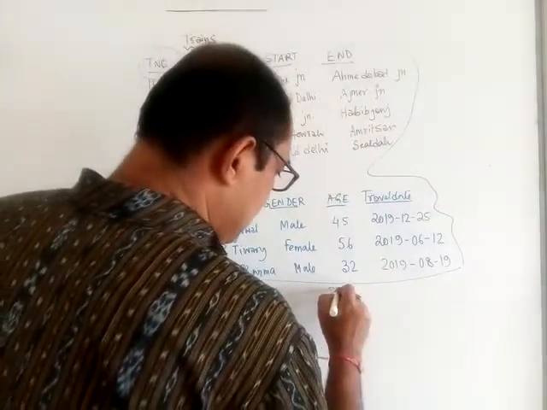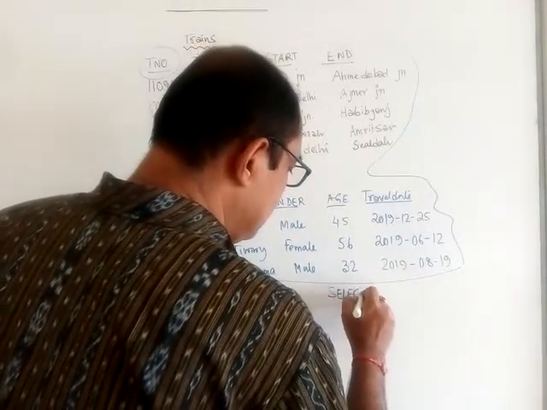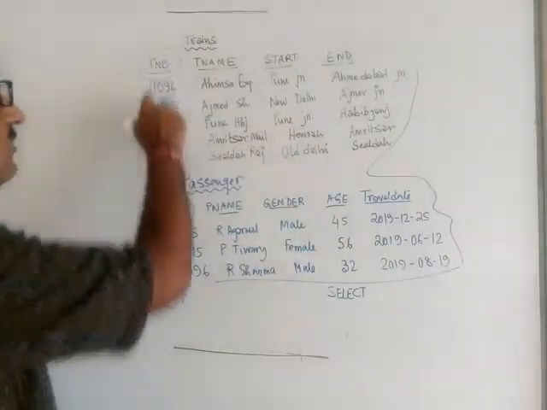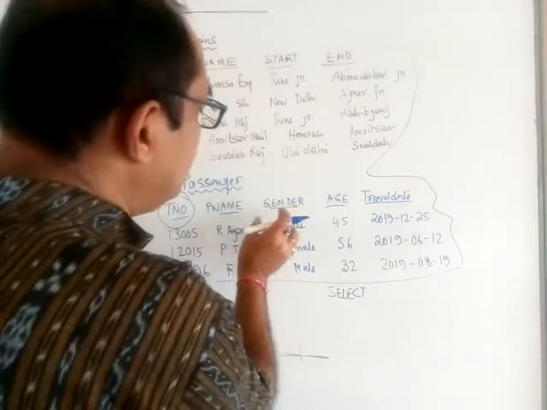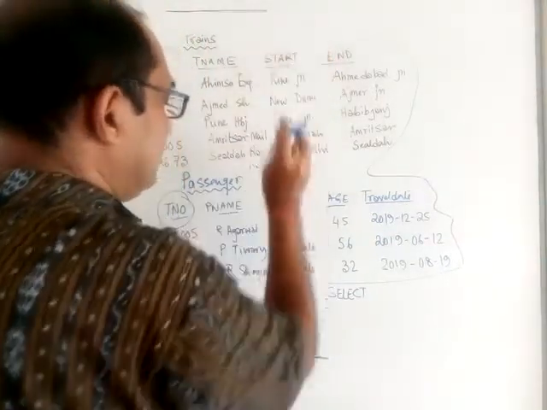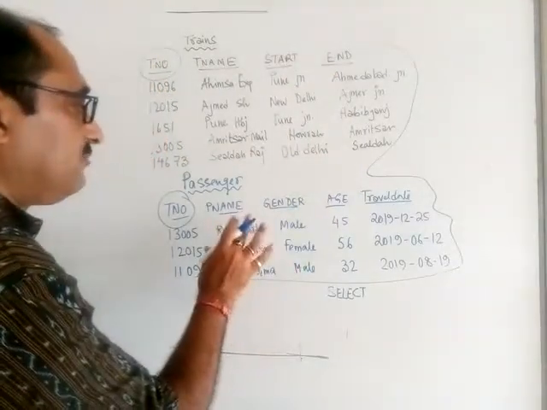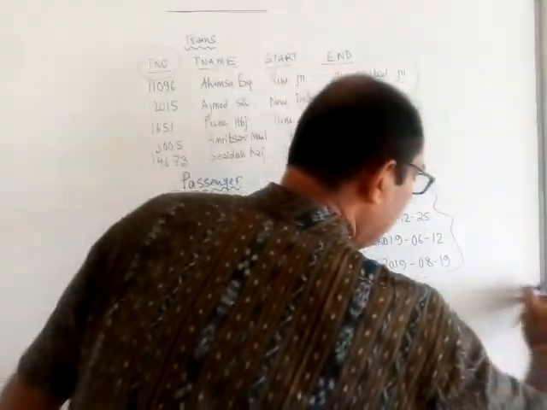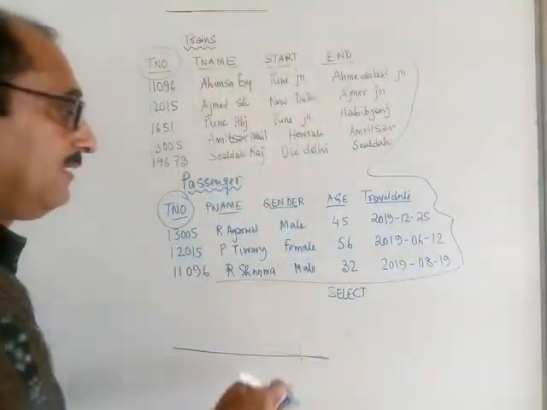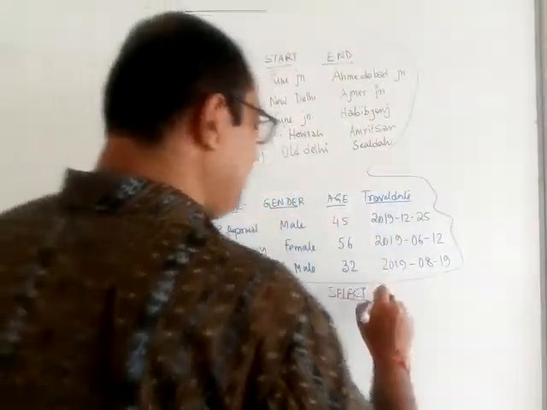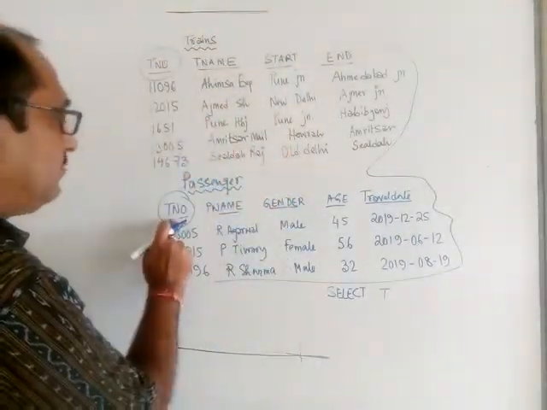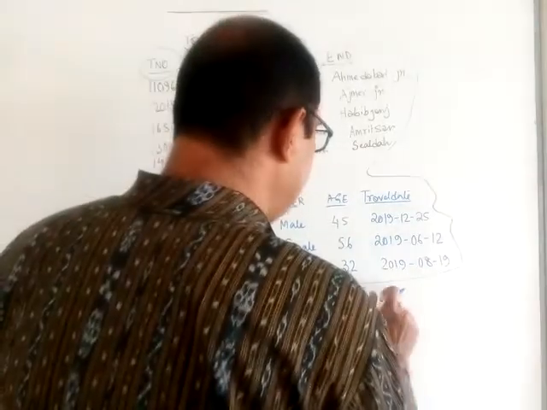Okay, so we will write select. I told you the details of the passengers. So TNO will be there now. Some of the column values I will fetch from this table, some of the columns I will fetch from the other table. So when we are fetching from both the tables, we know we can write the list of all the columns from table, comma, table. That means I can write everything from here, like TNO, but TNO I cannot write plainly because TNO is there in both the tables. So let us specify very clearly.